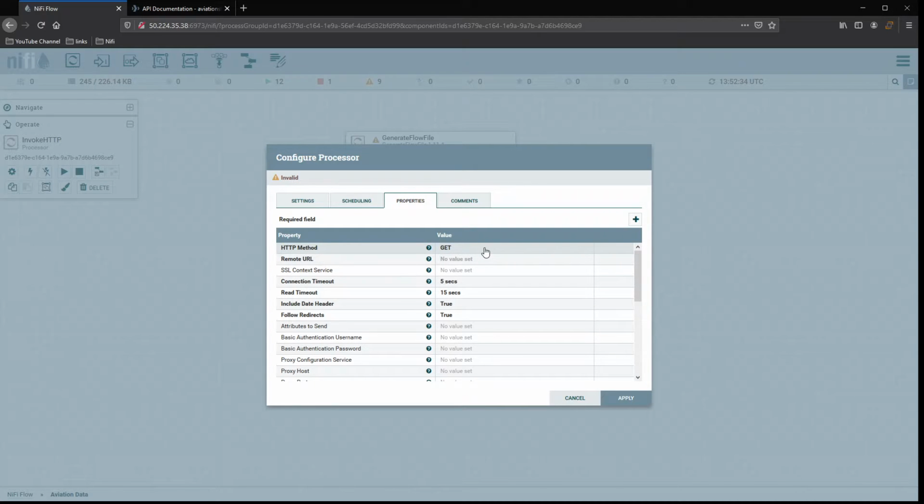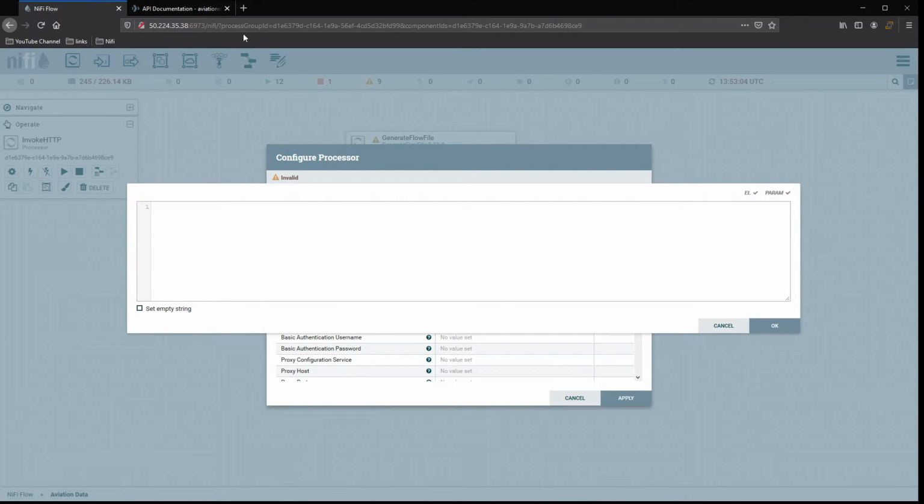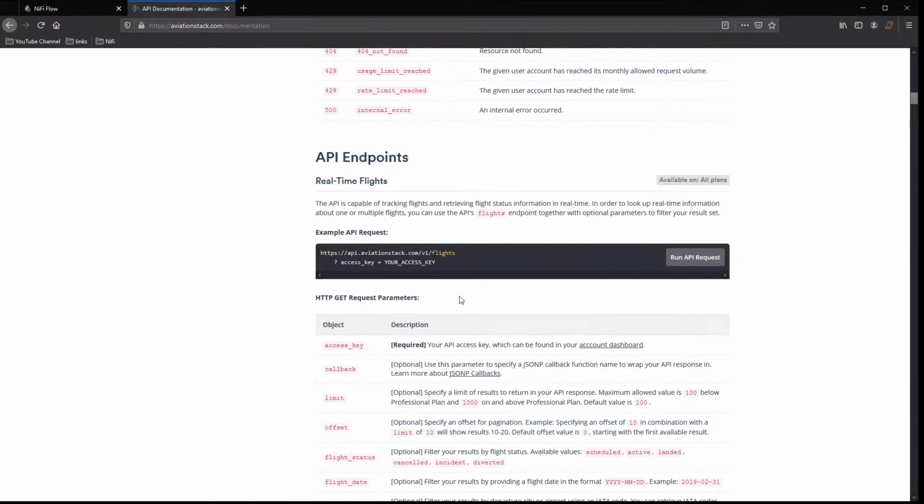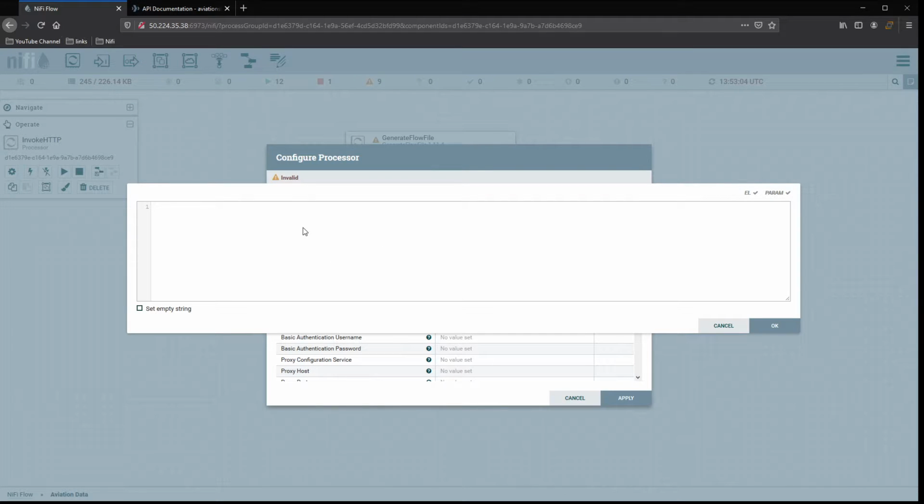We're going to use the GET HTTP method. The URL we're going to do, now one way we could do the URL is, if we go remote URL, we could just hard code it in here and we could say something like, we want this one. We know we can't use the S, so let's get the rest of it. Flights is the endpoint we're looking for. Get that question mark in there, access underscore key,